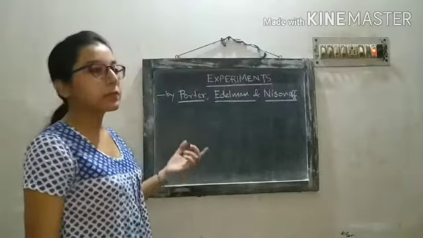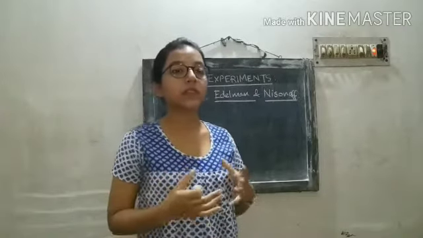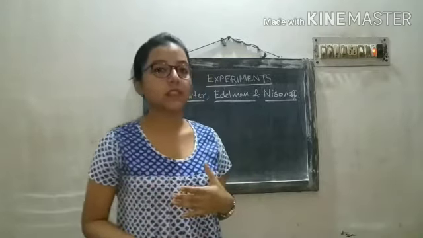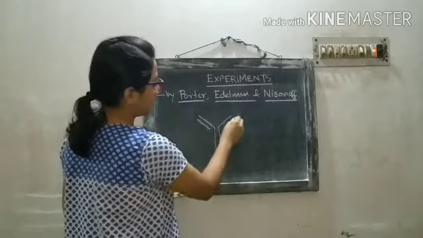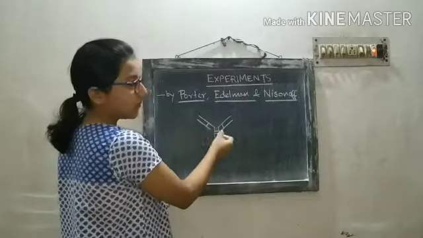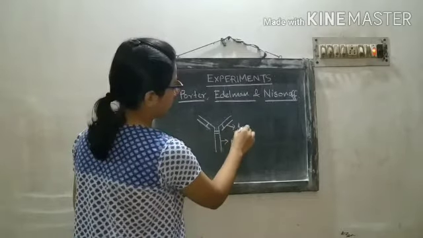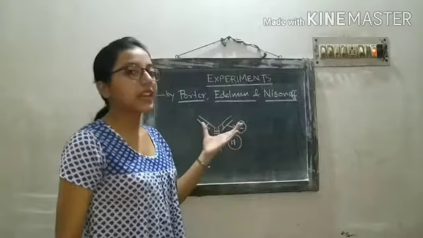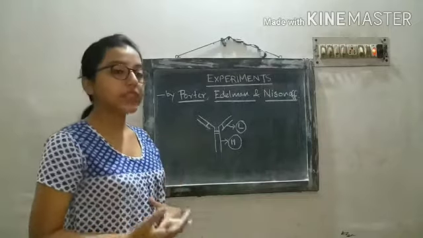In the first experiment performed by Porter, basically the concept of the experiment was to digest the immunoglobulin molecule with different types of proteases. So this is the immunoglobulin molecule, which are linked with each other with the help of disulfide bonds. This is the heavy chain and this is the light chain. So this is the structure, and these three scientists performed protease digestion, and they took different types of proteases.